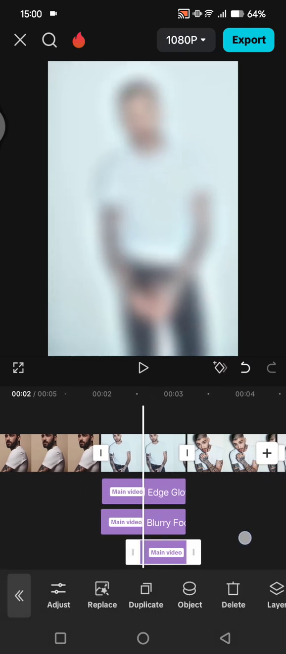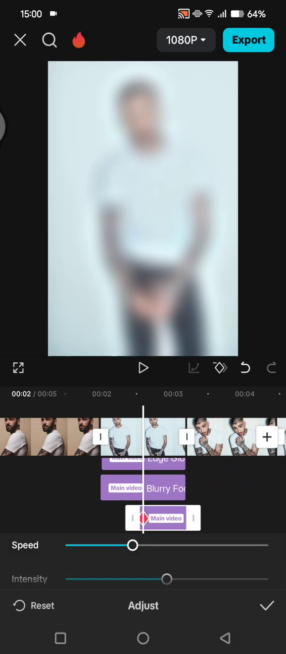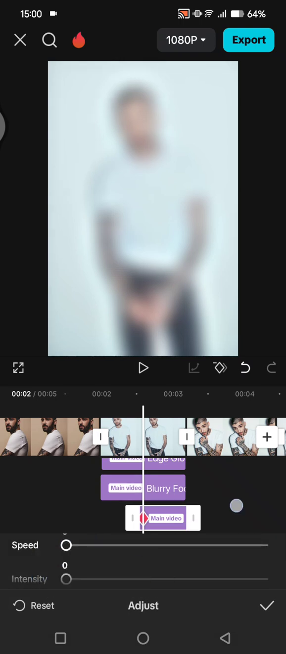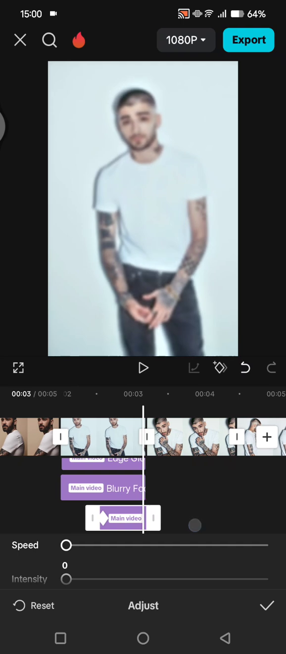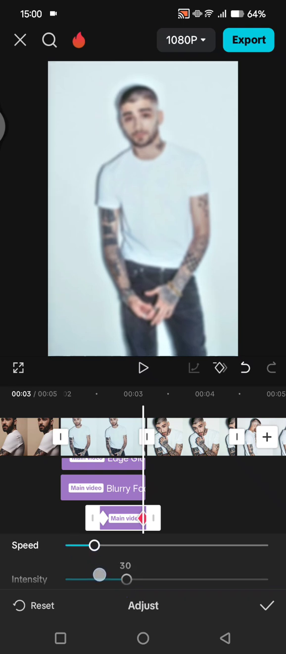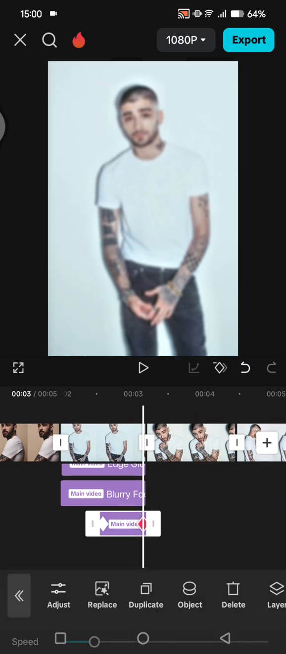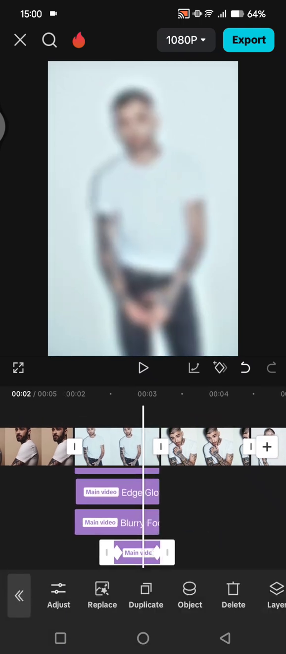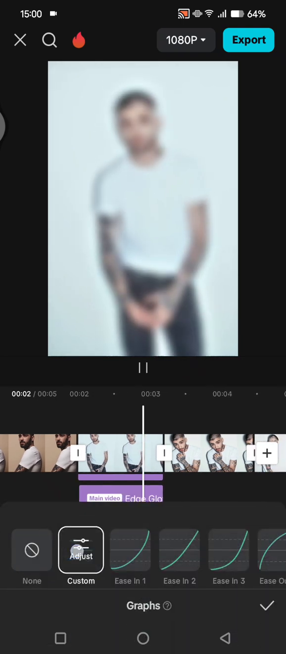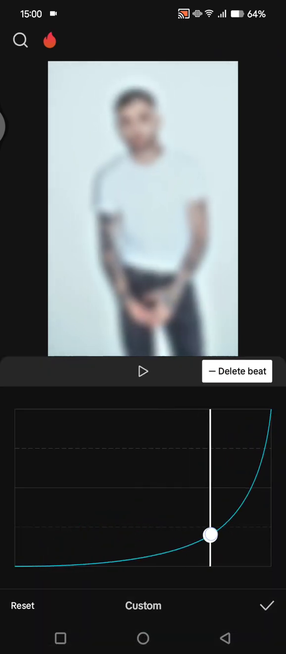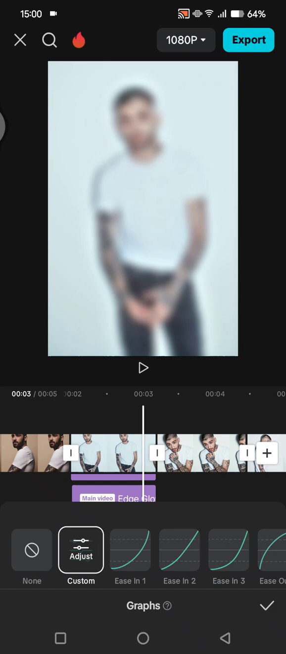And now on the first keyframe, set the intensity and speed to 0, and at the end set the intensity to 30 and speed 20. Click on the check icon and then again custom grabs. You can use this custom grab. Click on the check icon